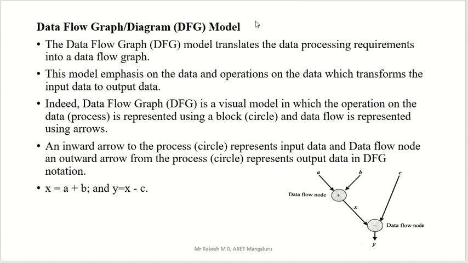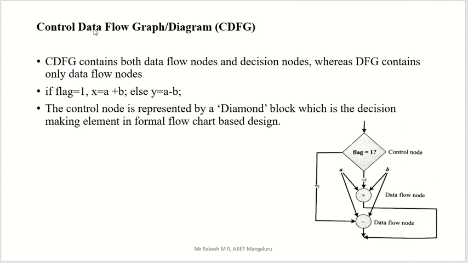Now let us go to another model, the second one, control data flow graph. The short form is CDFG. CDFG contains both data flow nodes and decision nodes, whereas DFG contains only data flow nodes. In the previous slide,